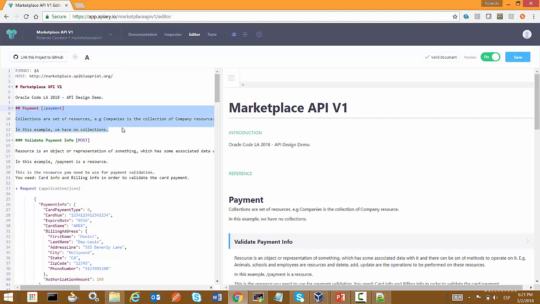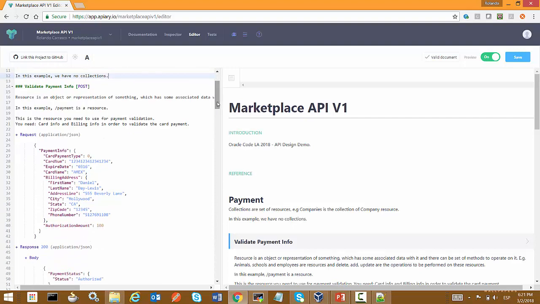this API. The first resource, I call it payment. This is for validating card payments, and I will need card information such as card number, expire date, card name, card type, some information about billing, and an authorization amount.